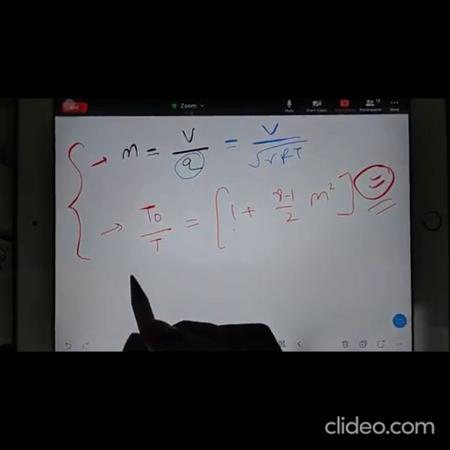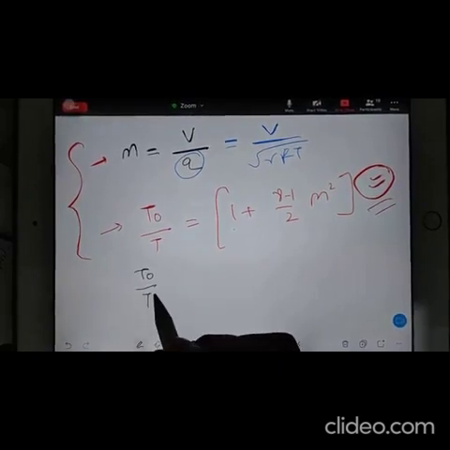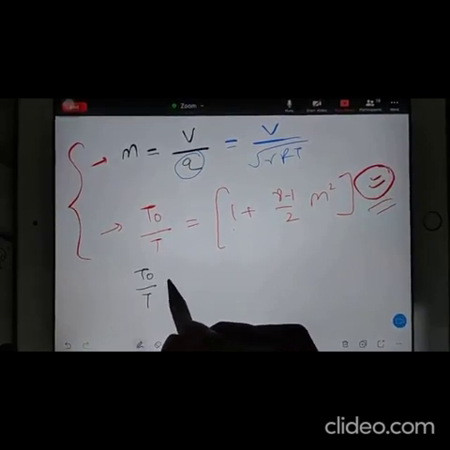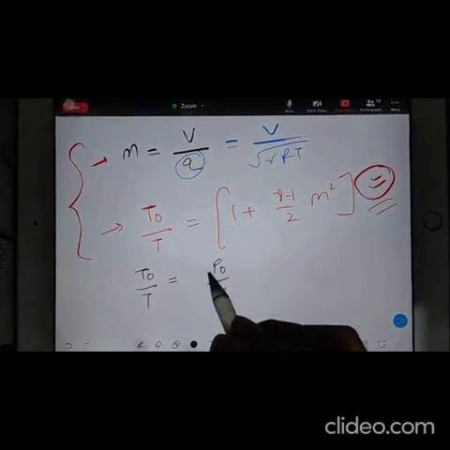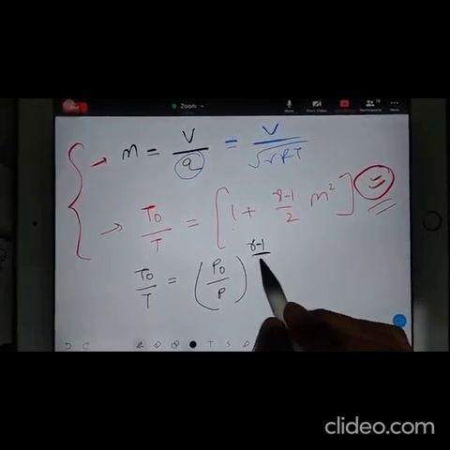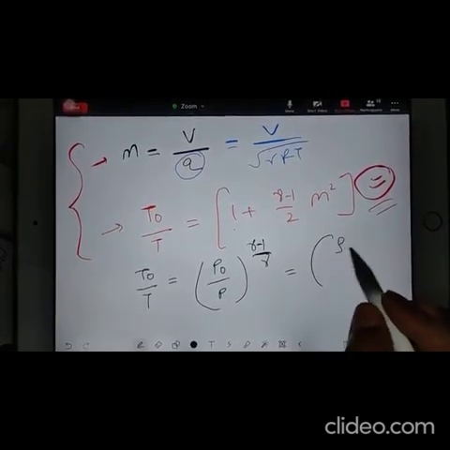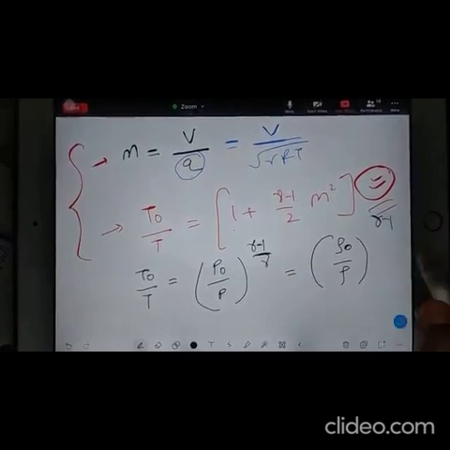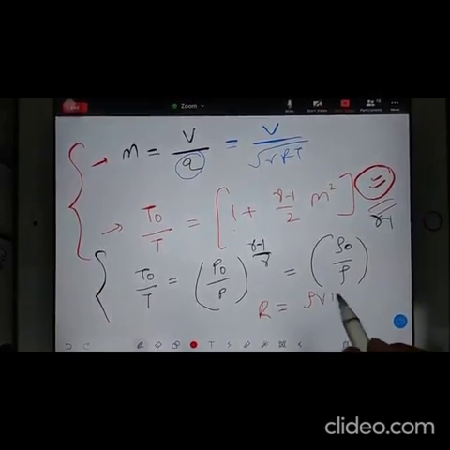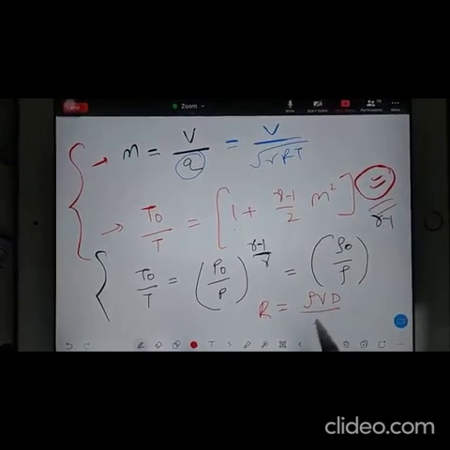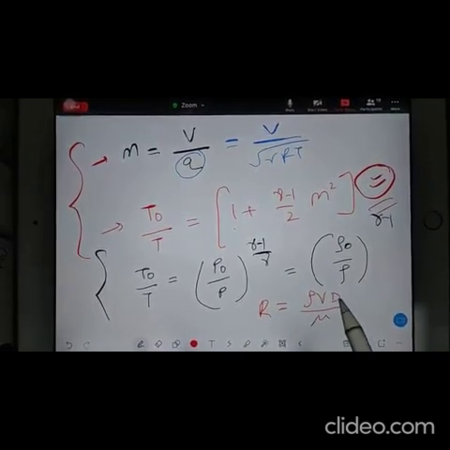Now see, you have another formula. If you have total temperature with static temperature and this is being changed adiabatically, then total pressure by static pressure you can equate by gamma minus 1 by gamma, and total density by static density by gamma minus 1. So these three equations are new for you. And of course you may know the Reynolds number equation. Reynolds number is equal to rho v d by mu, where D is the diameter. So we can solve the numerical.